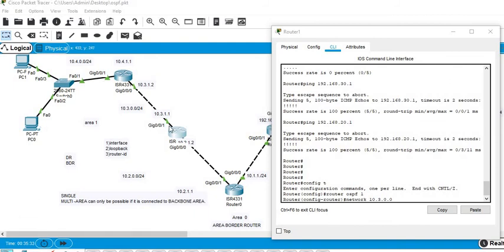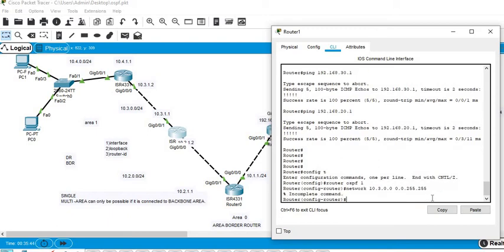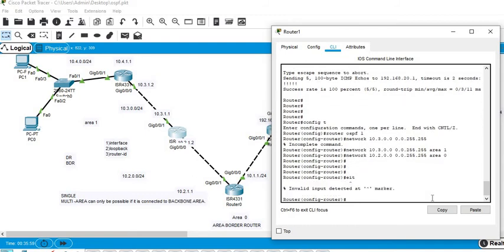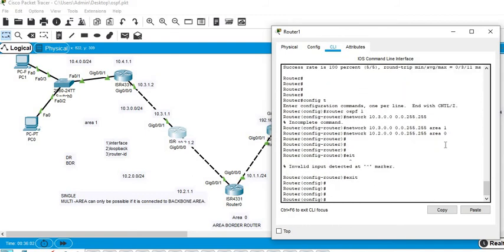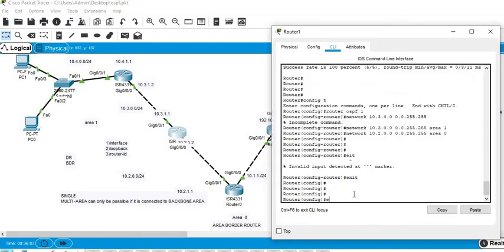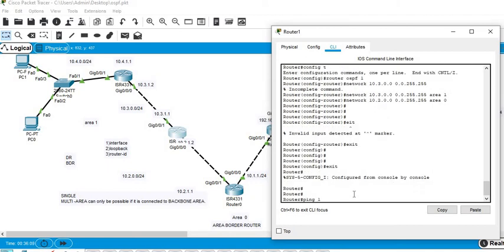Here what I am doing is configuring OSPF again from here, under area 1, and this 10.2 network under area 0. Exit. Now let me ping. Actually, what happened is that I pinged directly